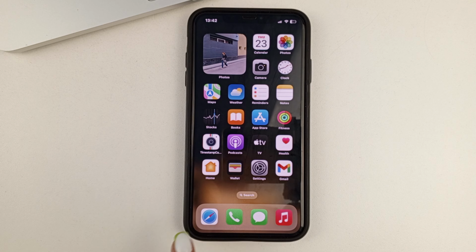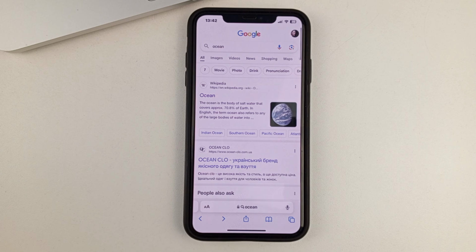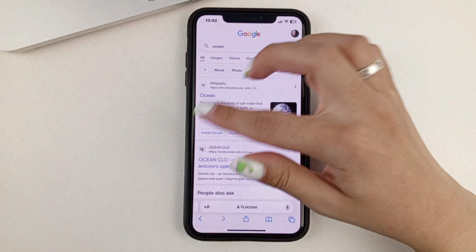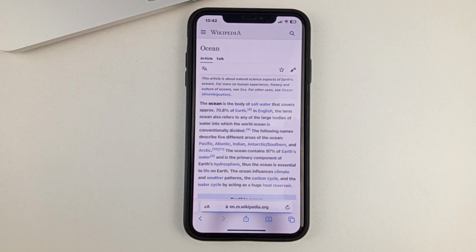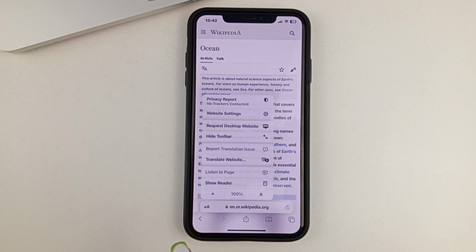And first of all, go to any web browser that you are comfortable with. I use Safari. Next, using Wikipedia as an example, how you can enlarge text. And to do that, you need to click on this two-letter A sign. And so at the bottom, you'll have a text zoom in and out function.